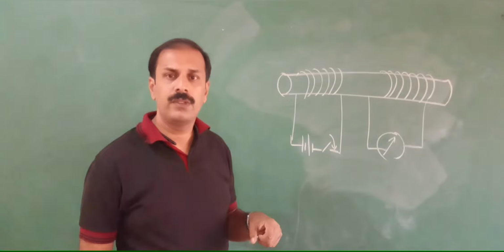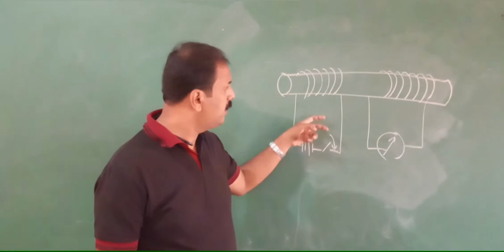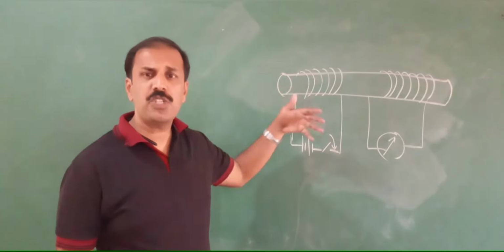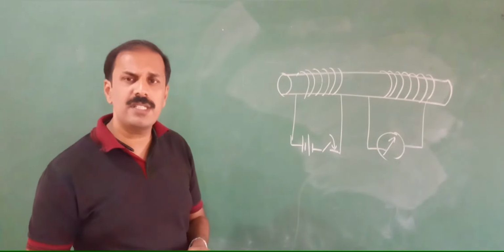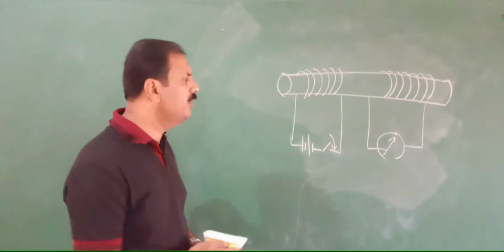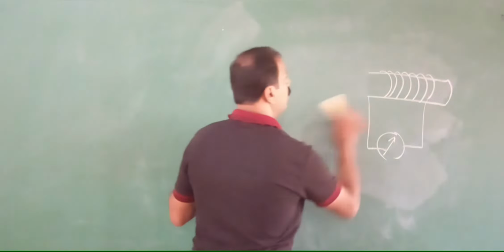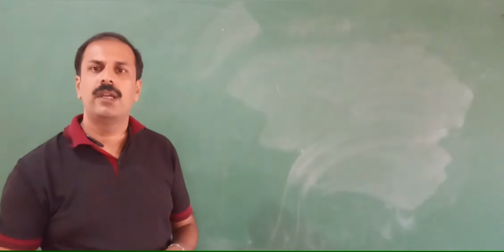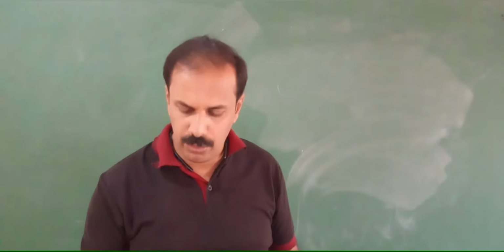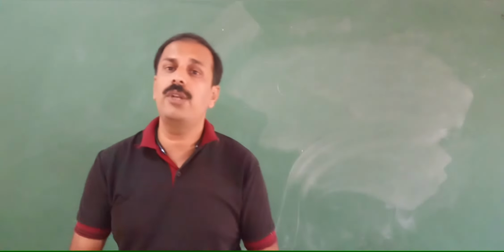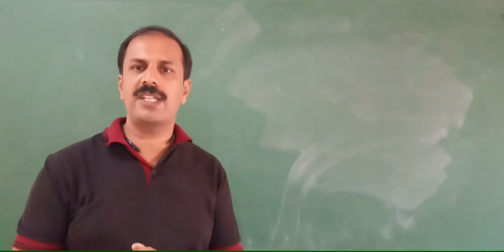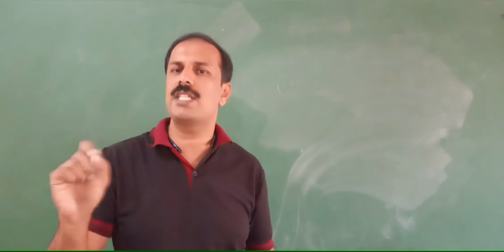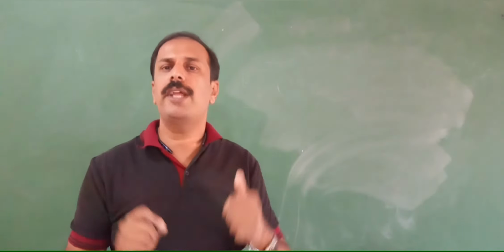Now, for the explanation of this and the previous magnetic cases, in which direction the current will be induced, we have one rule, called Fleming's right hand rule. It is similar to Fleming's left hand rule, but the difference is we have to use the right hand. So you should be very careful when you are writing the examination. In the right hand you have the pen, that's why you use the left hand. It should not happen like that.